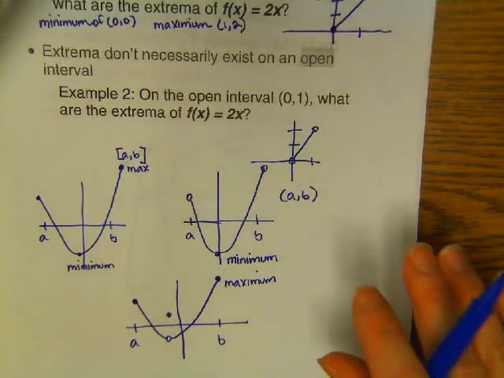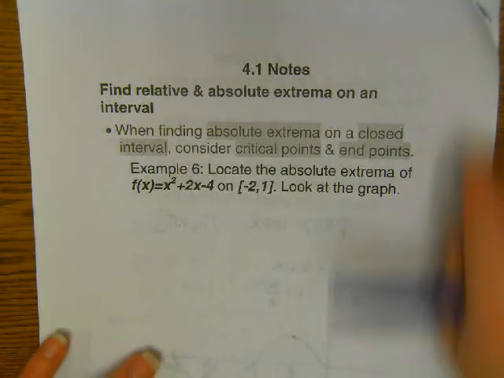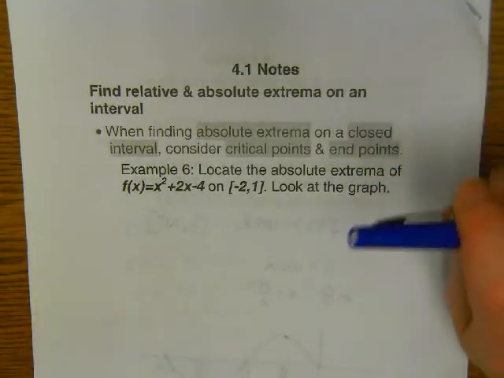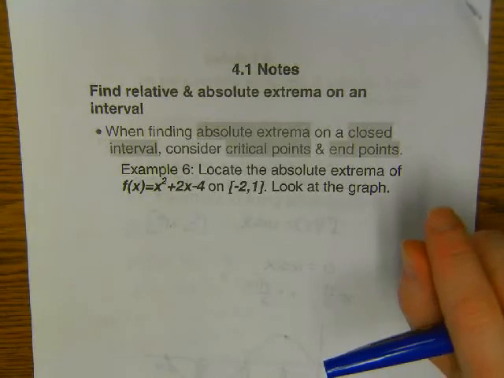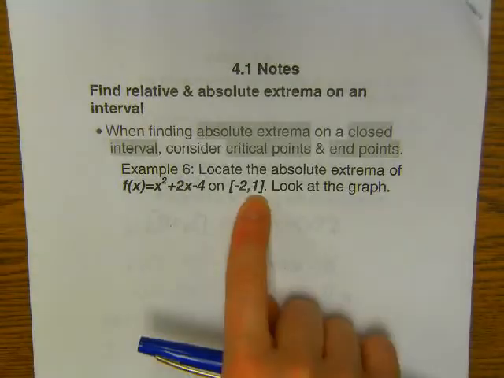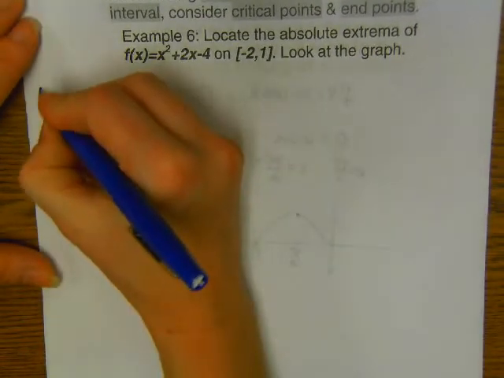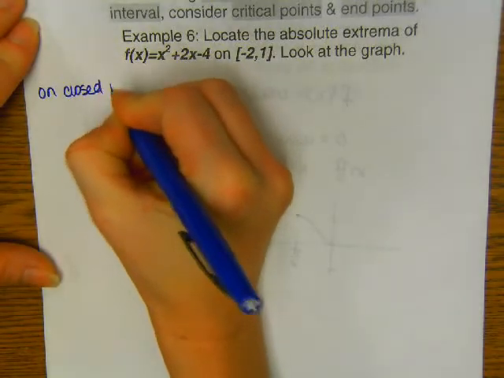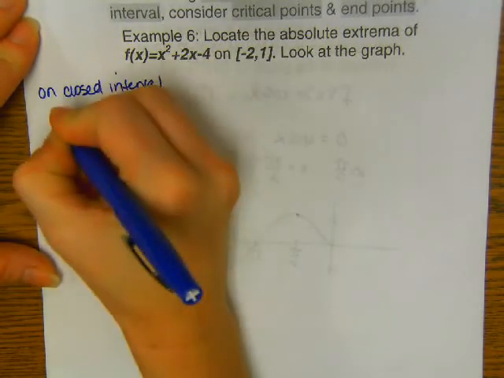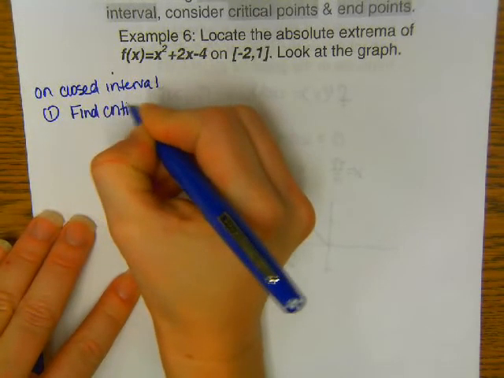Okay, last example, and I know this is a long video, but you'll hopefully break it into a couple parts and have to look back for maybe some questions that you have. Basically, when you are finding absolute extrema on an interval, if the interval is closed, I'm going to give you some steps. The first step, on a closed interval, is you're going to first find the critical numbers inside the interval. So we don't include the endpoints at this point